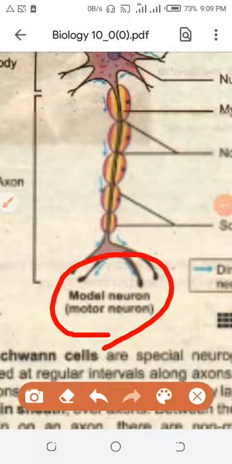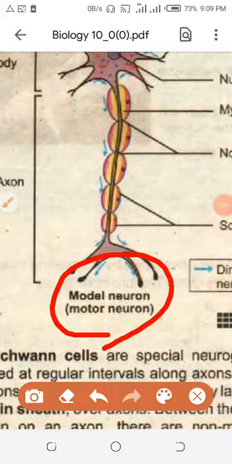What is the CNS? Once again, your brain and spinal cord. The spinal cord is in your backbone, the vertebral column. Your back side is called the dorsal side. At the center of the dorsal side, a long cord is present. Inside that, a thin fiber is present, that is the spinal cord.